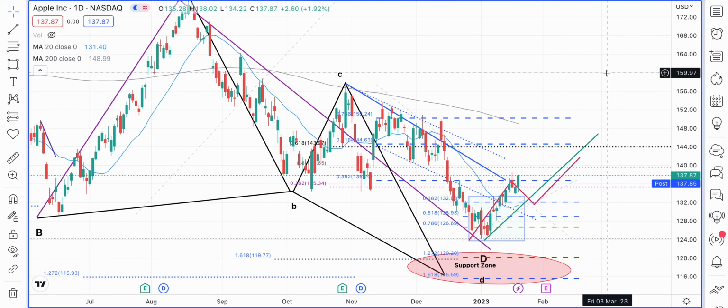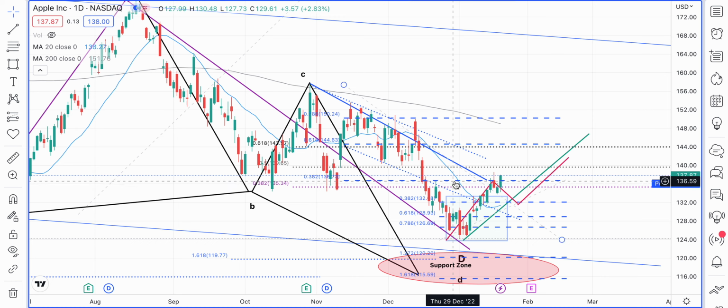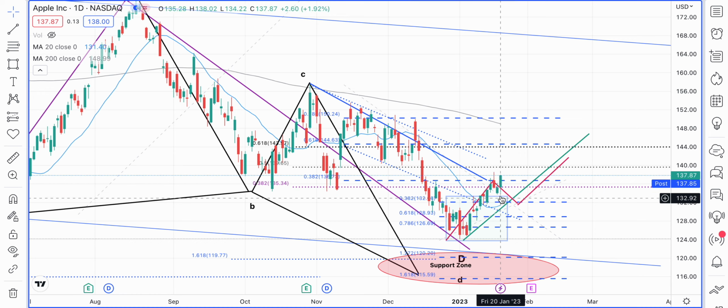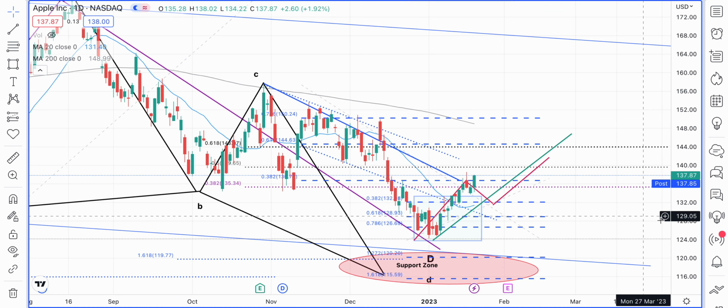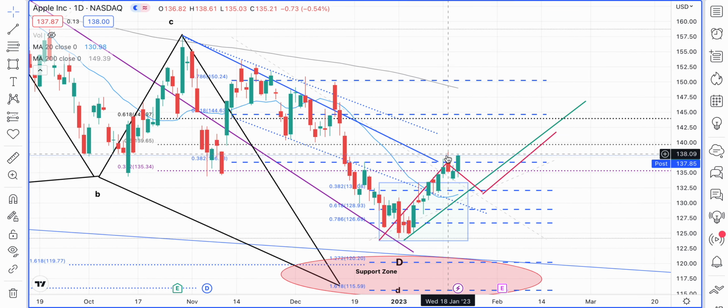All right, so Apple, similar kind of story. We were looking for a resistance level to come in around 136. The market did consolidate for a couple of days. Now today is a very strong candle. It looks good, and what we are watching for is this rally to perhaps continue into next week, and